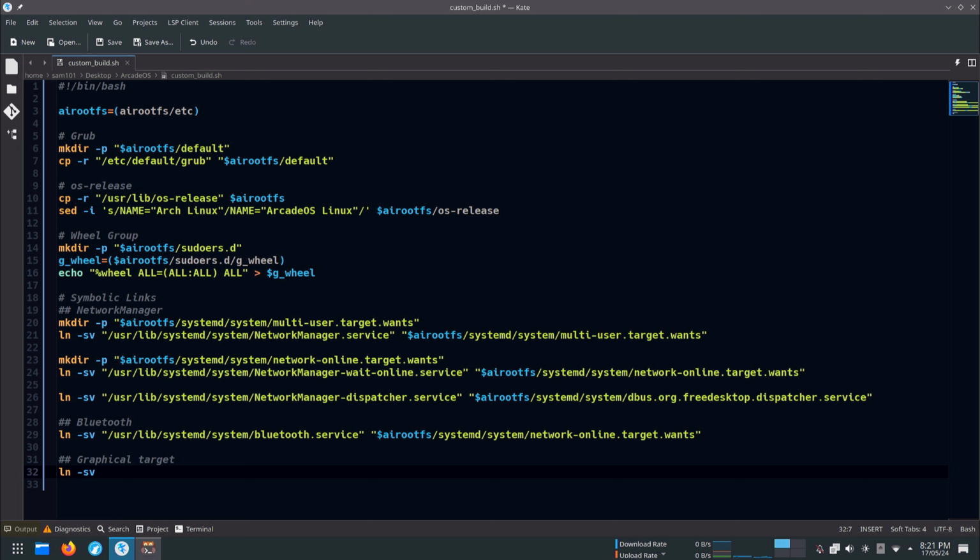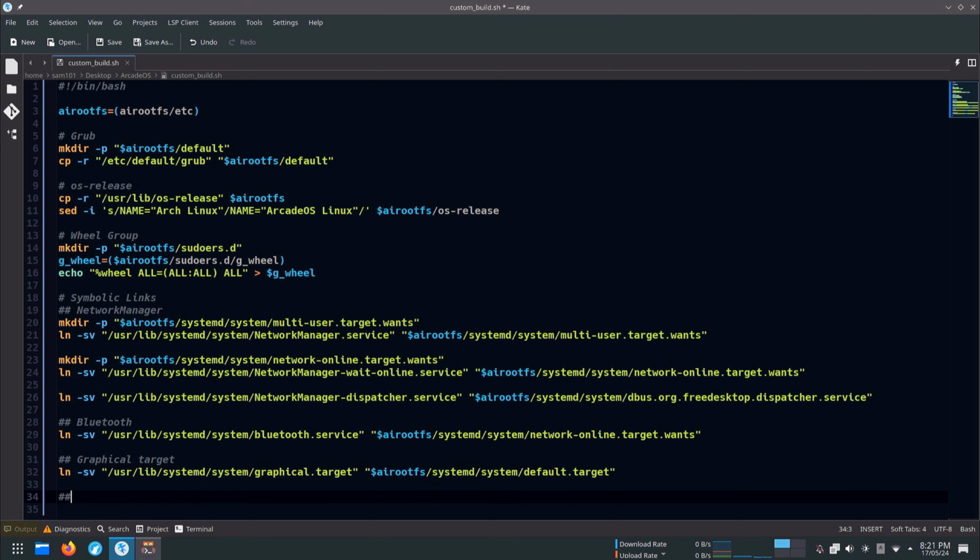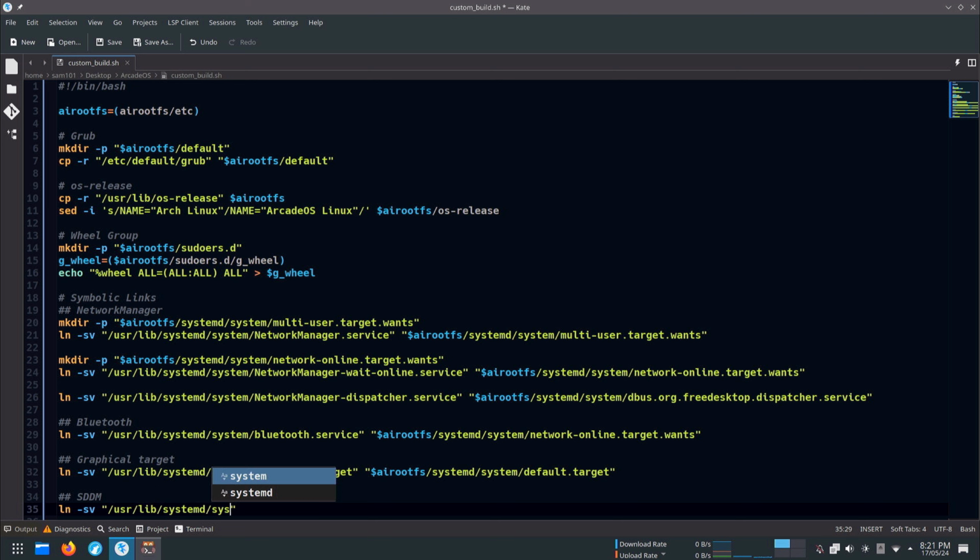Same thing here. We are just changing graphical.target to default.target while creating a symbolic link inside the arootfs/systemd/system directory. Now for the SDDM symbolic link, we are going to change its name from sddm.service to display-manager.service while creating a symbolic link inside the arootfs/systemd/system directory.